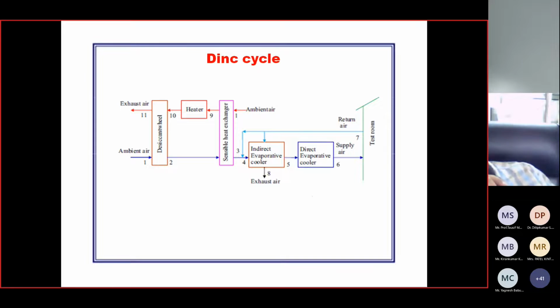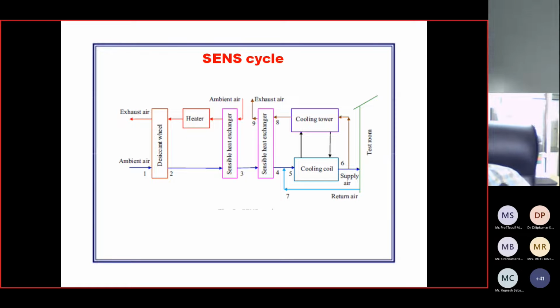Another improvement is made by using both direct and indirect evaporative coolers, so as to increase the effectiveness further, in the way you can say when ambient humidity is high. Then in the Sencle cycle, we have to provide an intermediate cutout for the regeneration, and by using the cooling tower we supply the recirculation air partially from the supply.